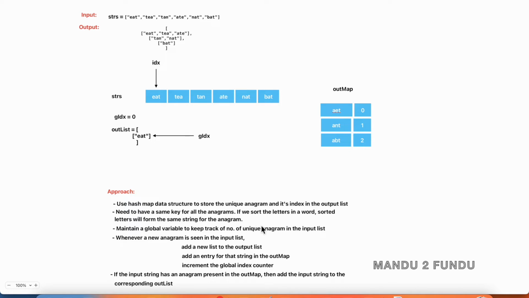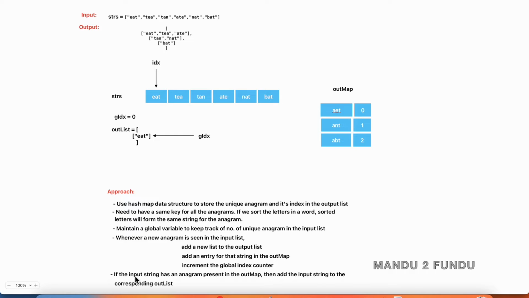So how do we determine whether it is unique? If after sorting the letters in that word we make a lookup in the outmap, and it is not present there, that means we are seeing a new anagram word. So whenever a new anagram is seen in the input list, add a new list to the output list and add an entry in the outmap, and then increment this global index for the next unique anagram in this out